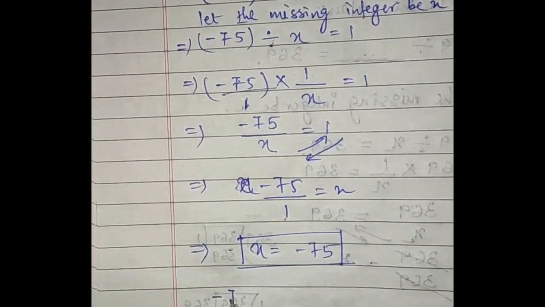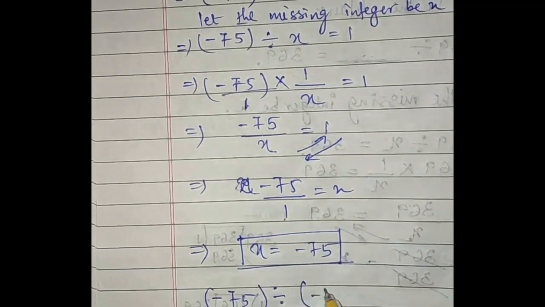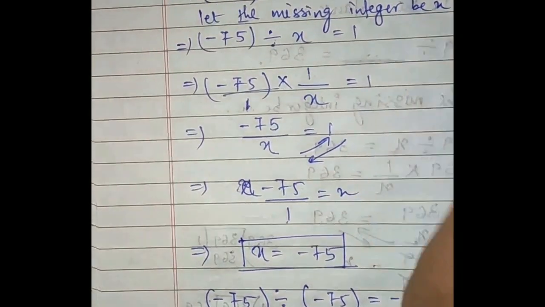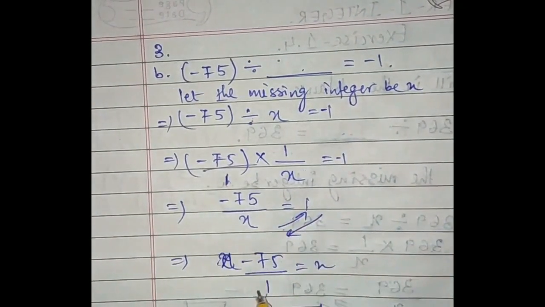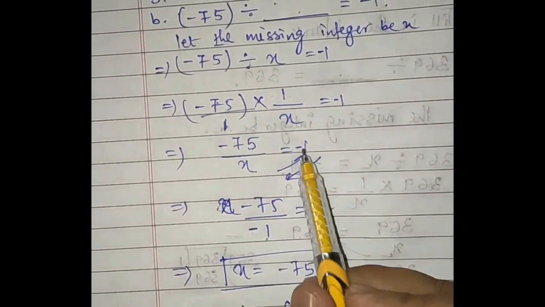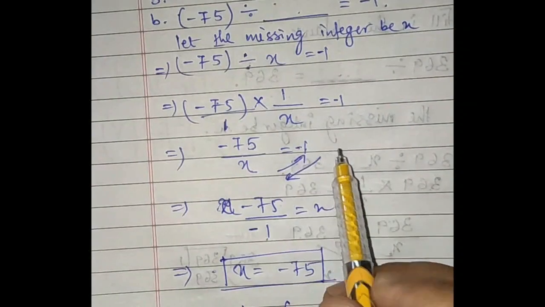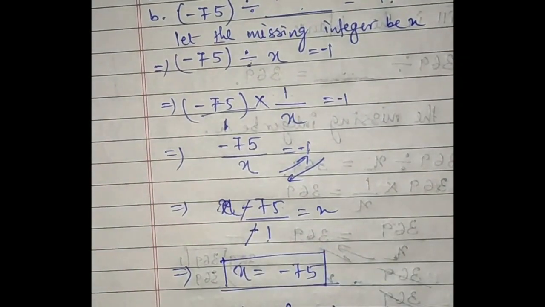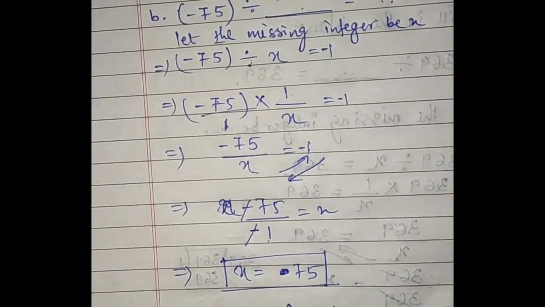So we can write here minus 75 divided by minus 75 is equal to minus, okay, sorry, this is minus 1. Oh, I forgot this. If this is minus 1, then over here it will come minus 1. If minus 1 is the question, right? I thought there was no minus sign. Sorry for that. If there is a minus sign, then minus will get deducted. In the previous class we have done this. Then there will be no minus 75, there will be only 75.